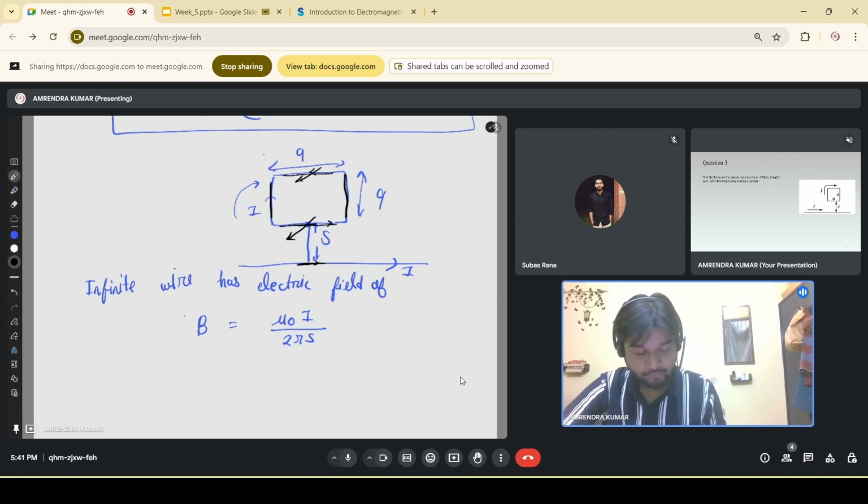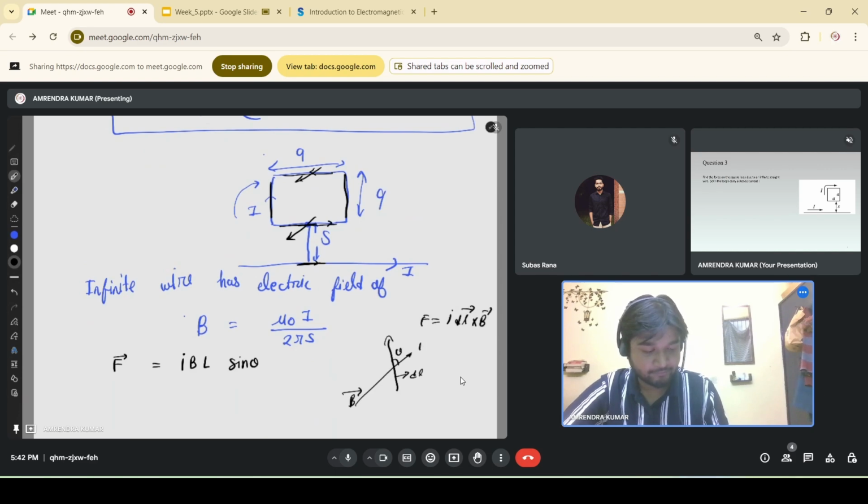और हमें पता है कि जो फोर्स होता है, फोर्स होता है आई बी एल साइन थीटा। अब साइन थीटा क्या है? अगर मान लो आपके पास एक लाइन एलिमेंट है और ये मैग्नेटिक फील्ड में रखा है, और मैग्नेटिक फील्ड इससे थीटा एंगल बना रही है, तो जो हमारा फोर्स लगता है इस एलिमेंट डीएल पर, वो होता है एफ इज इक्वल टू आई करंट डीएल क्रॉस बी, यानी एफ इज इक्वल टू आई बी एल साइन थीटा।